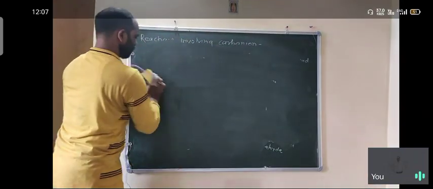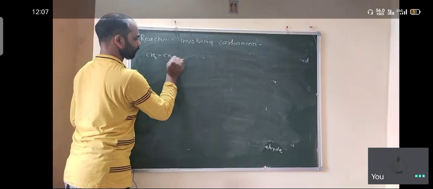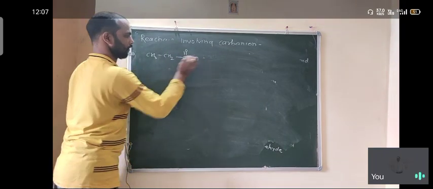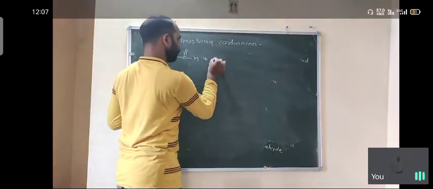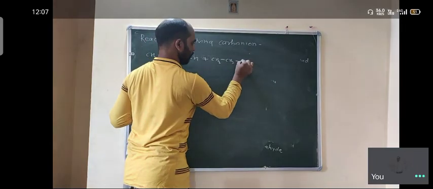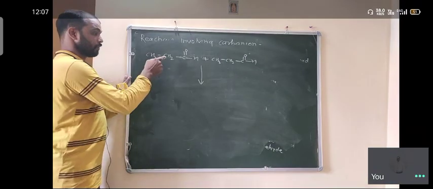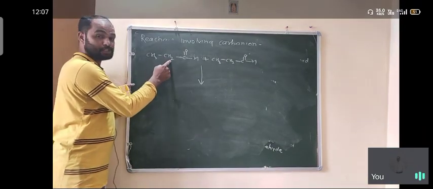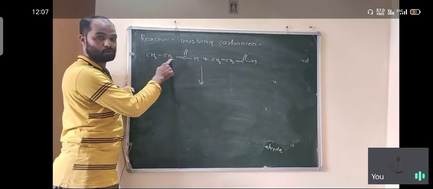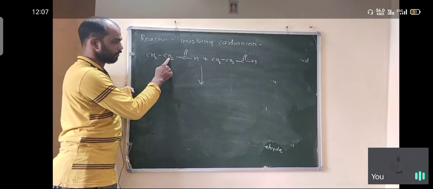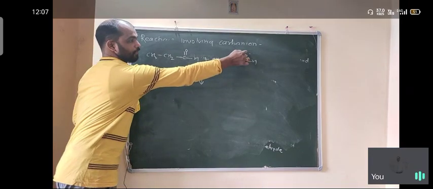Another example is, suppose CH3 CH2 C double bond O H is given. It is propanaldehyde. So two molecules are required, so we write two molecules here. So how do we write the product? Just imagine this molecule undergoes carbanion formation, where the carbanion is formed at the alpha position. After formation of the carbanion, meaning loss of proton, only CH is left. In your imagination CH is left, this CH will attach to the other carbonyl and it converts into OH.